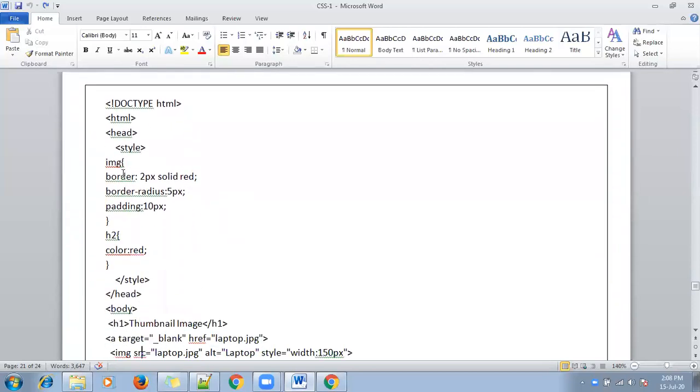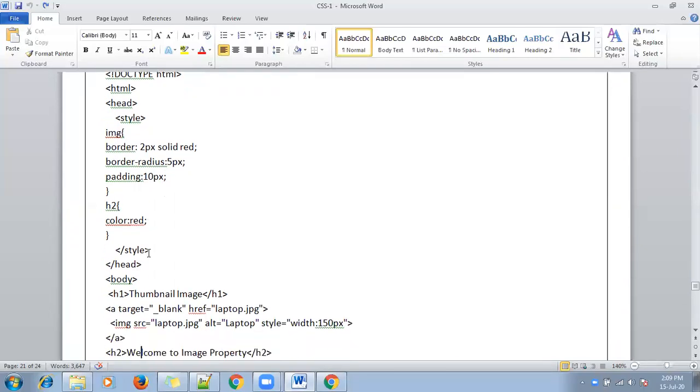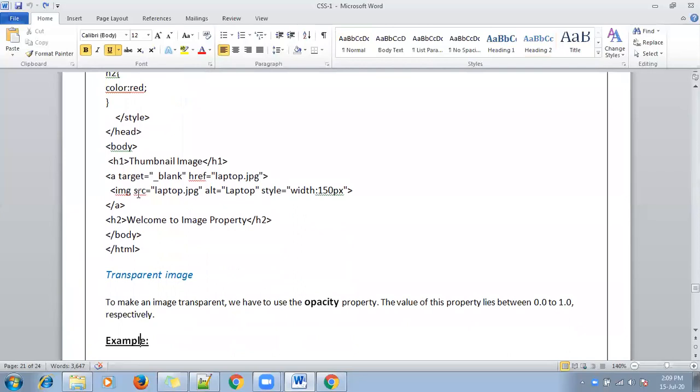Here I want to style the image element: border 2 pixels solid red, border radius 5 pixels, padding 10 pixels. You know what is padding? Heading color is red. Okay, in the body, by using anchor tag, I specify target as blank.